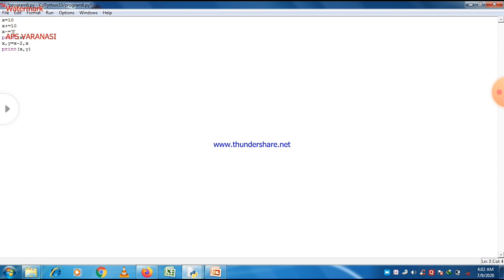Just try that if there is any confusion in this concept till now, or is it clear to all of you? So x, y is equal to x minus 2 comma x. So x minus 2 is assigned to x and x is assigned to y here.